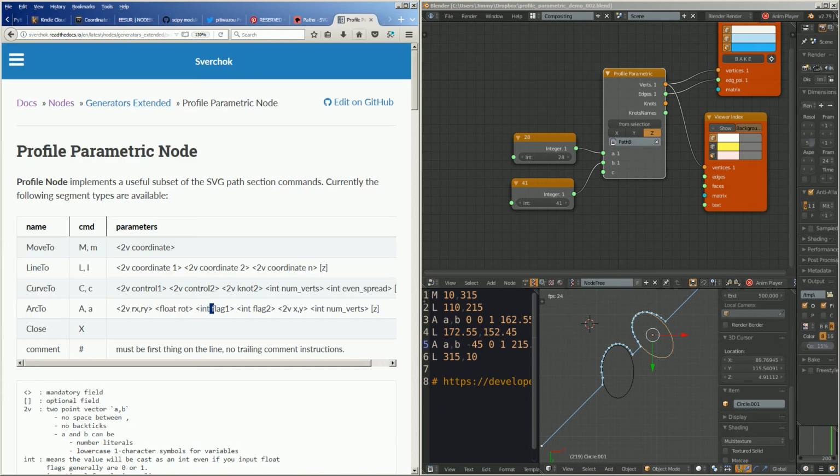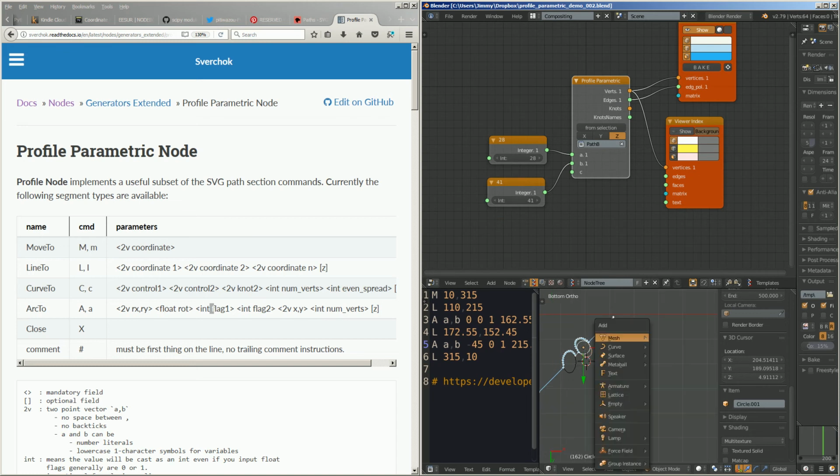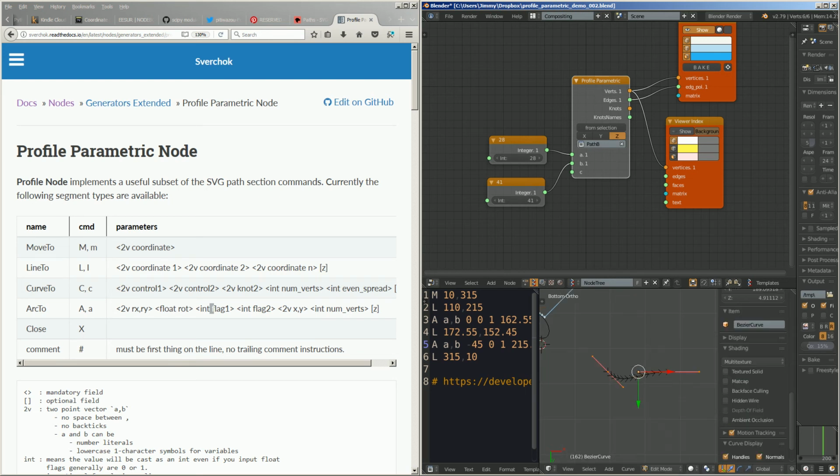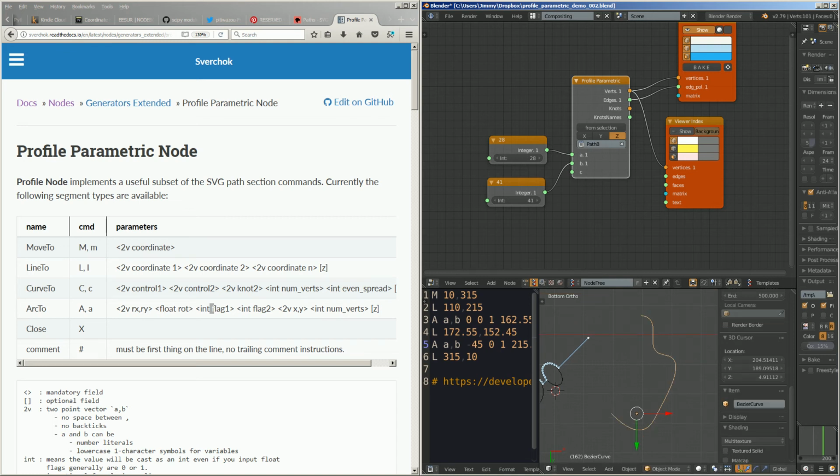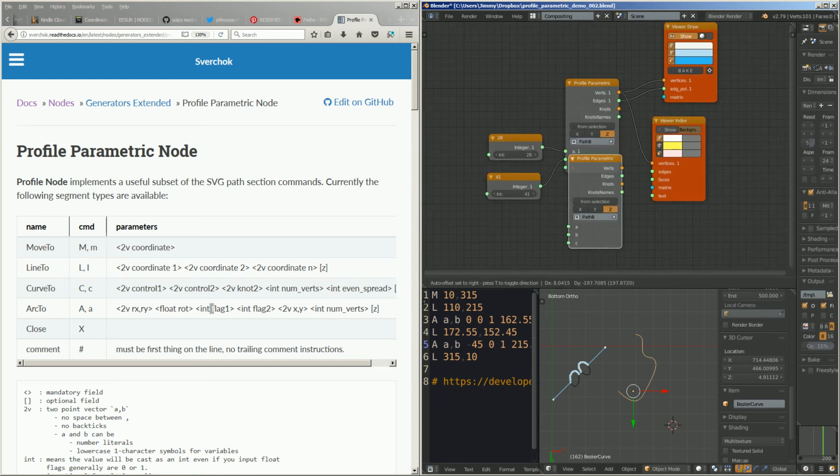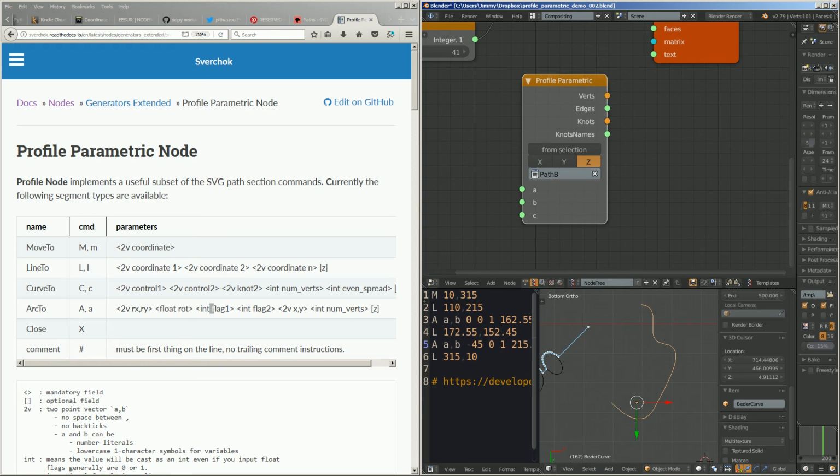And with the profile parametric, of course, you can draw any kind of curve. It's pretty powerful. You can draw anything. Let's say you have some kind of curve that you're drawing yourself in Blender. You have a curve, you go to edit mode, and then you can extrude it, just draw up some kind of curve like this. If you like this curve and you want to turn it into parameters, you can apparently do that as well. So with profile parametric, this curve, select,